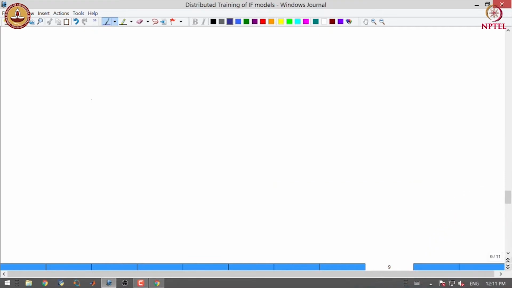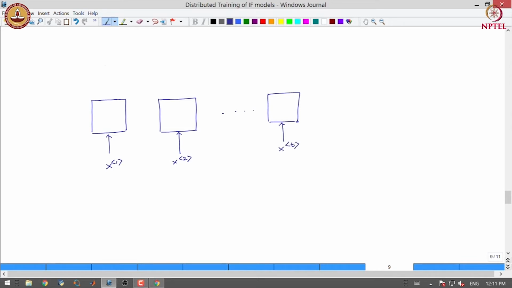So, beginning with our simple RNN, so we had this architecture for simple RNN where we gave a feature vector corresponding to each position as input, and we obtained output for each layer.